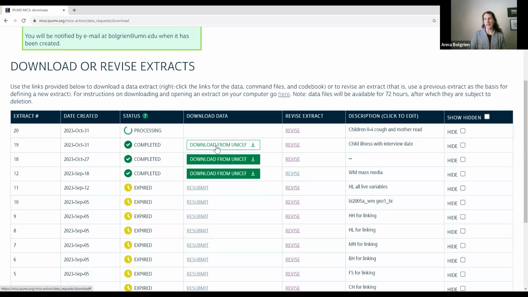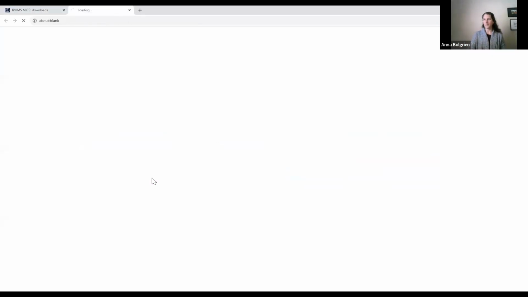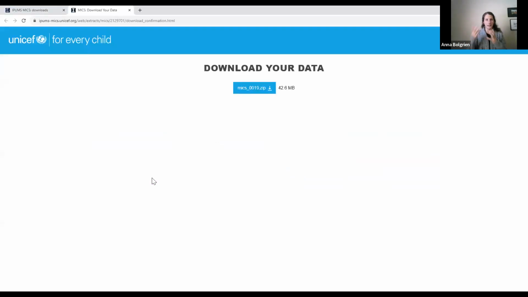You are downloading the data specifically from UNICEF. And this screen is telling you that you are being redirected to a UNICEF web page to download your data. And this is the UNICEF web page where you would then download the data from UNICEF and have the syntax